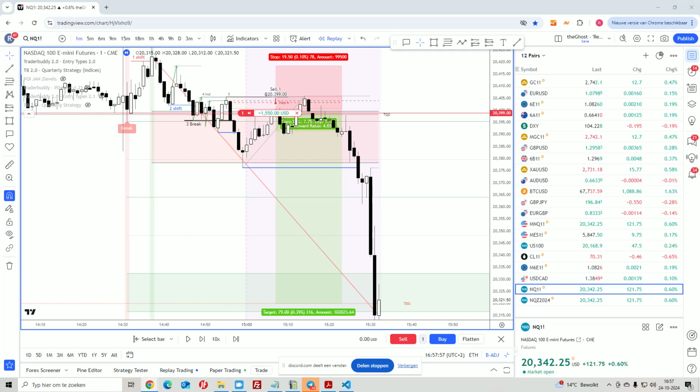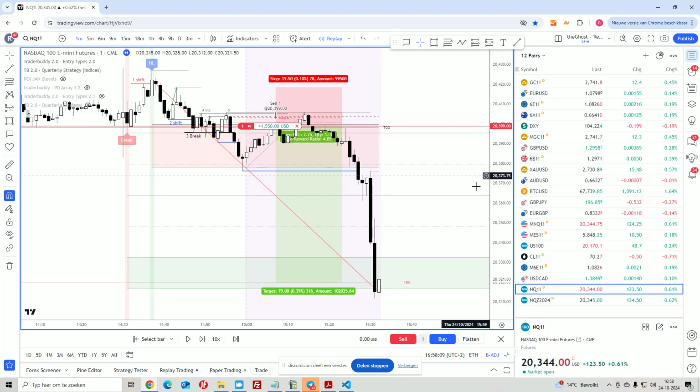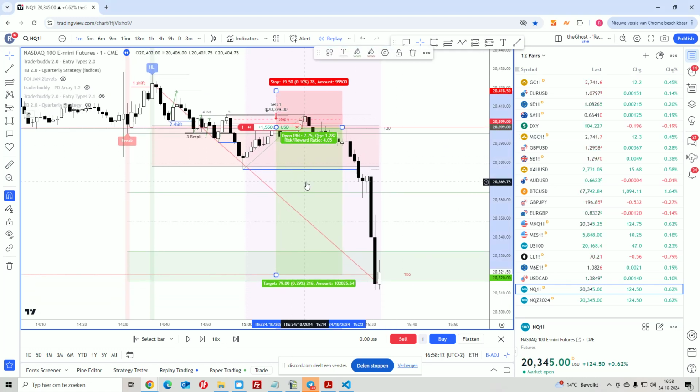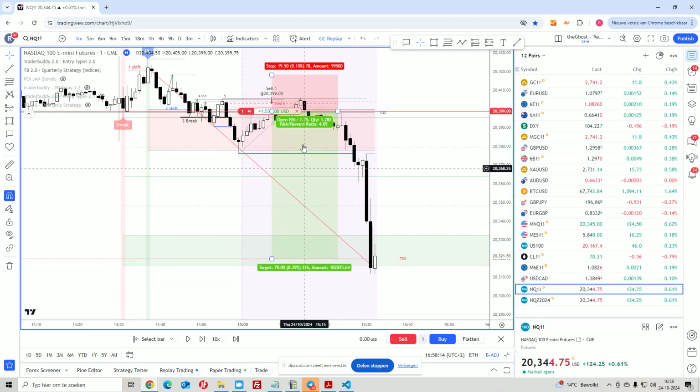Help me out, guys, because I'm not very experienced in minis. Okay, minis. Well, then one mini lot, but you should have been trading micros, then you could have traded 1.2, and then probably you would have had this number here,